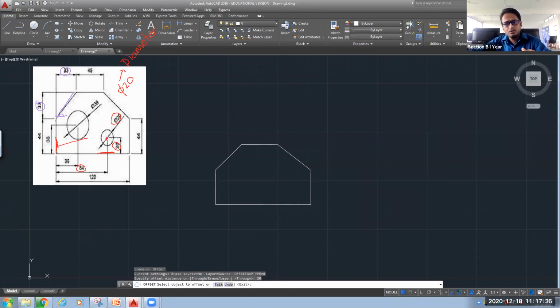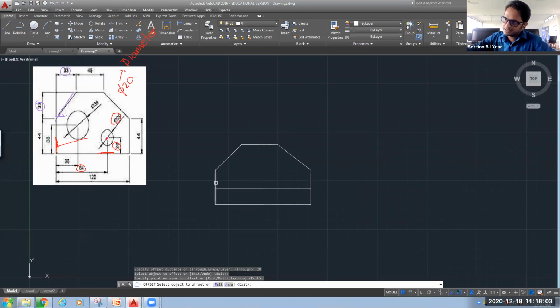Now it is asking which object I want to offset. So this is the object that I want to offset. I have specified 20 units. So it is asking on which side, whether on the top of the reference line or below that line. I want it on the top of the reference line. So this one line I have obtained at a distance of 20 units.